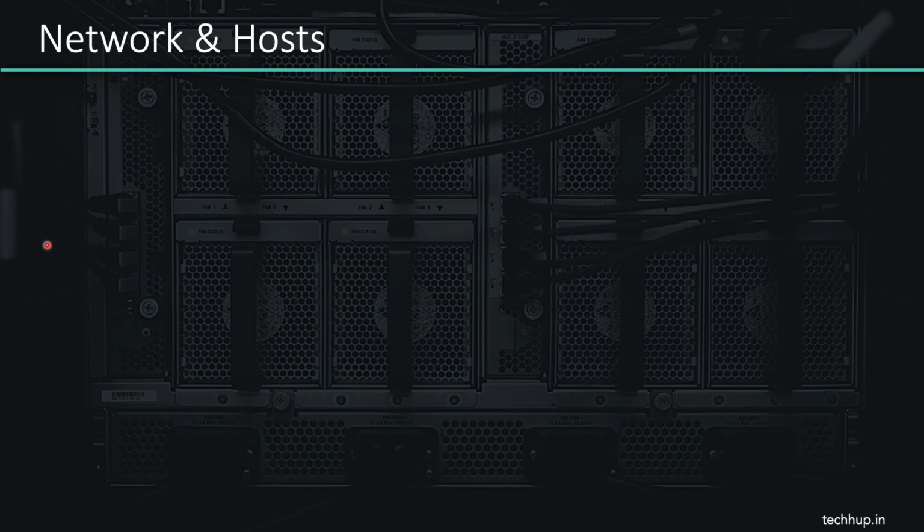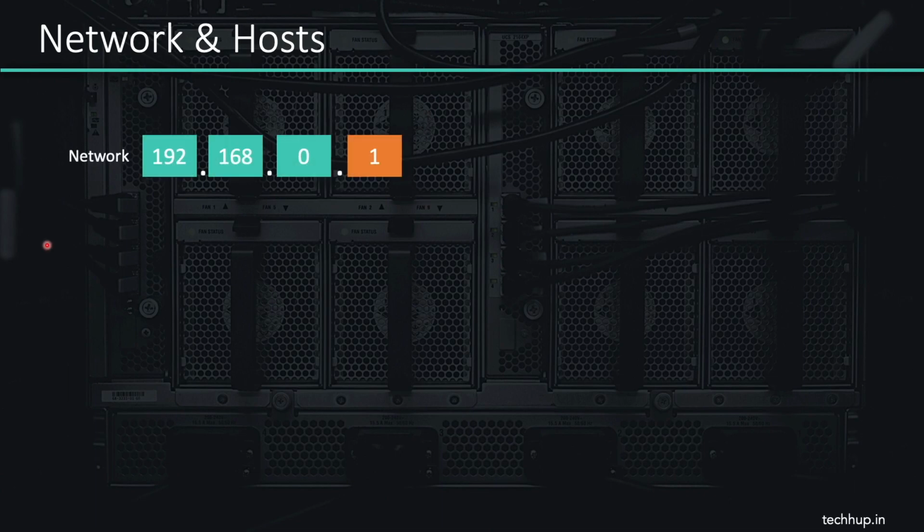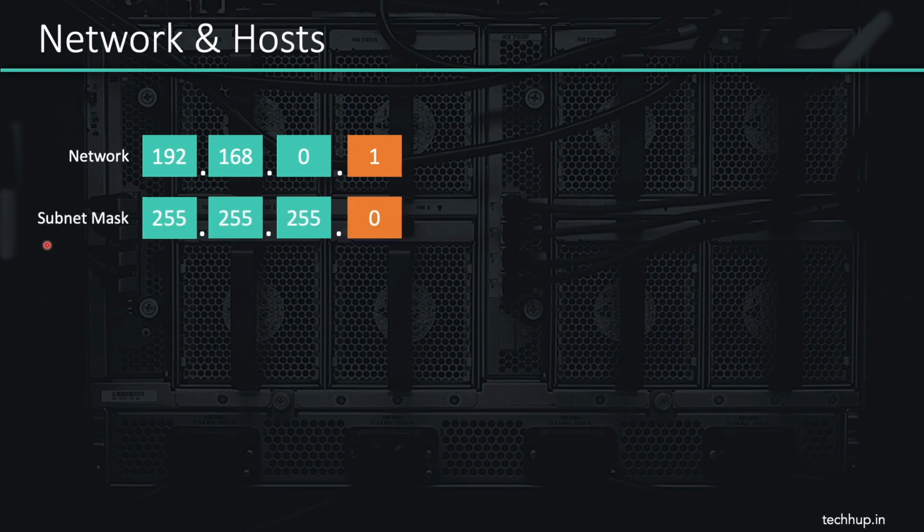So let's check this out with an example here. We have a network 192.168.0.0 with a subnet mask that looks like this. Now this is a 24-bit subnet mask because we have 8 ones in those first 3 octets, and that means that it is a /24 network. It is another way of representing a subnet mask. Now, how 24 bits is because each of this octet is 8-bit long, and since 3 of the octets are dedicated towards the network, you have 8 plus 8 plus 8, that is 24 bits dedicated